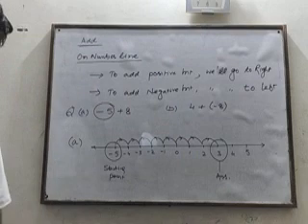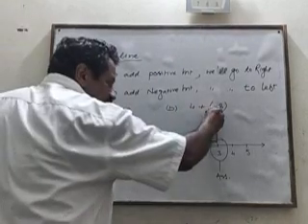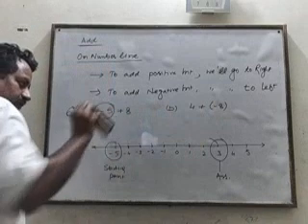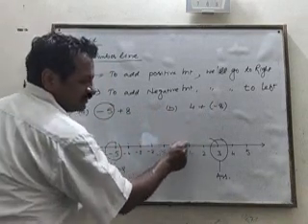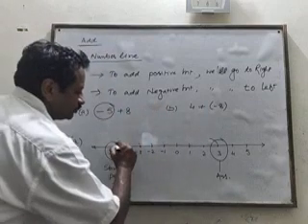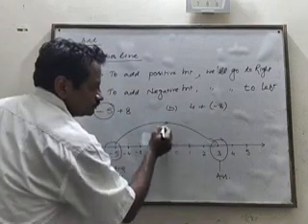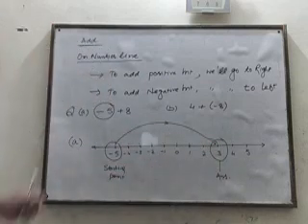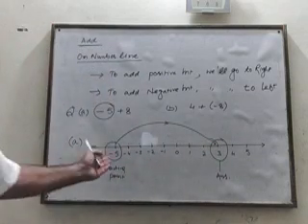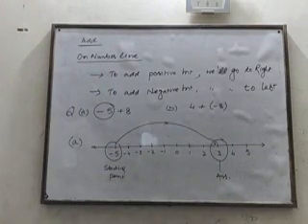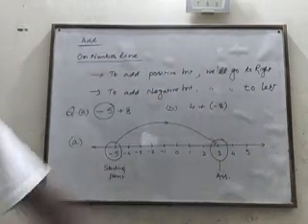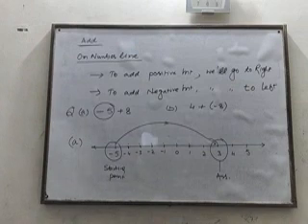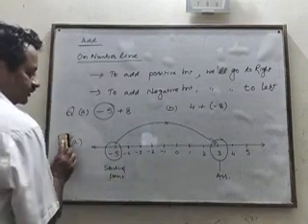So you can do it in this way also. First count the steps 1, 2, 3, 4, 5, 6, 7, 8, and directly you can put the arrow here. So this is also correct. Both ways are correct. You can count one by one, or you can count directly. Ultimately, when we are adding a positive number, we will go to the right. Now come to the next part, that is the B part.